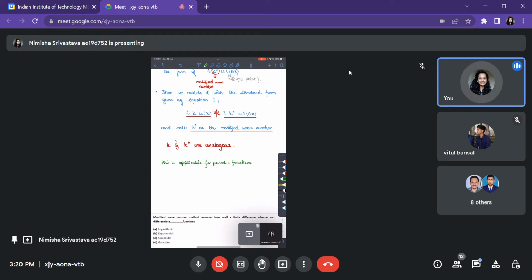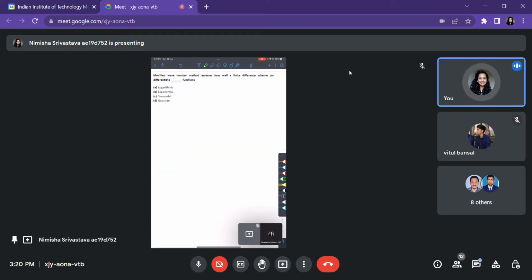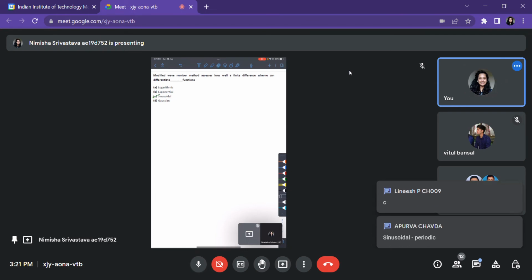So then moving on to the first question that I have over here. The modified wave number method assesses how well a finite difference scheme can differentiate dash functions. So we want to look at a certain type of function. Okay, C. Does anyone disagree with this? Great. Sinusoidal is periodic, therefore fine. C. So everyone is unanimous over here that we have